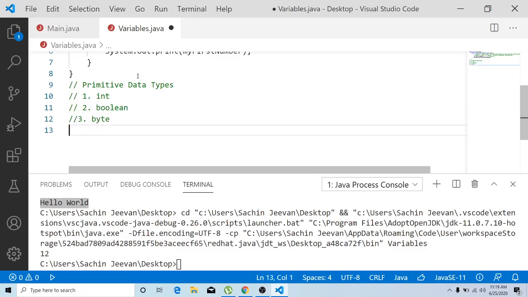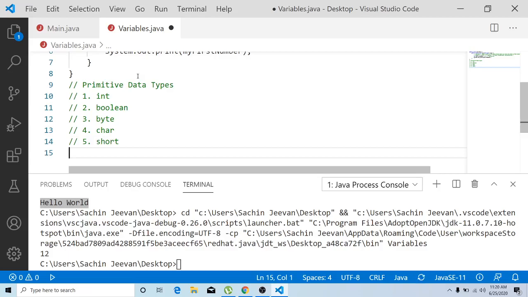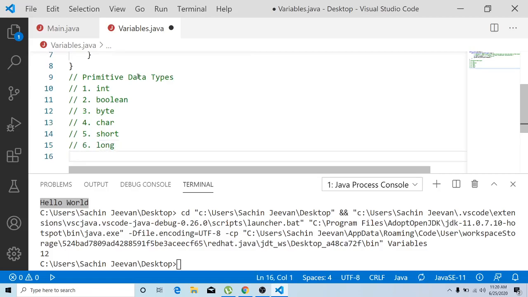The next primitive data type is char. The next important primitive data type is short. Then the next is long. Then the next is float, and the last one is double.